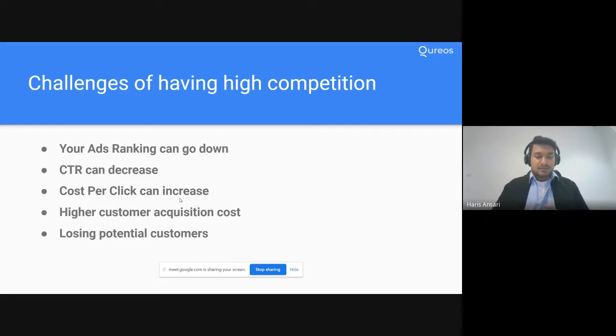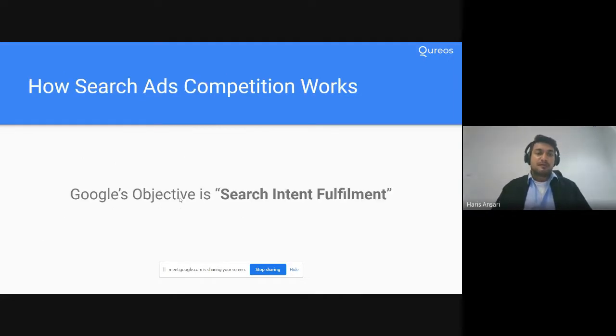Just think of it from the perspective of the market. Everyone is fighting for the same keyword, everyone is fighting for the same user, and they all want to win that user. So that competition brings up a lot of challenges. But don't worry about it. There are also solutions for it. How can you deal with your competition? But before going to that solution, we need to understand how search engine marketing works and what the important factors are which we should know and be careful about.